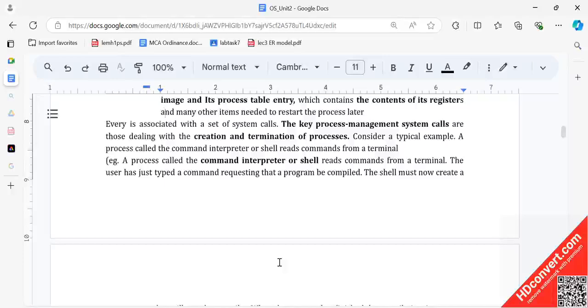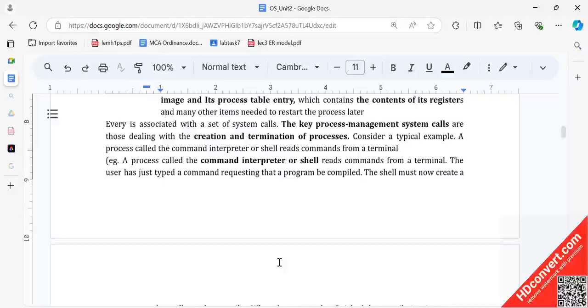So, to do so, it has to invoke some assembly level program, or it needs to call some system call, which in turn will call the driver of the printer, which knows what signal it needs to generate so that the printer can accordingly behave. So therefore, every process is associated with some set of system calls. Whatever the drivers might have, let's not discuss it, that is beyond our class intention today. It might be taken care of in some machine programming class, but right now the key process management calls are